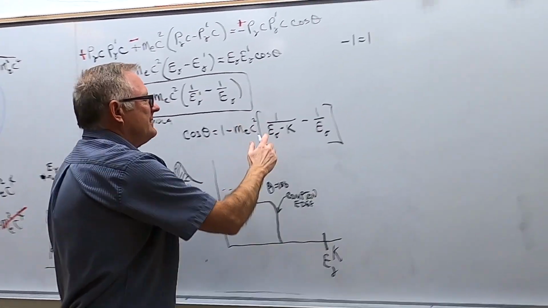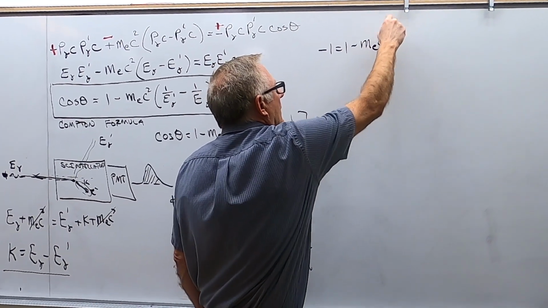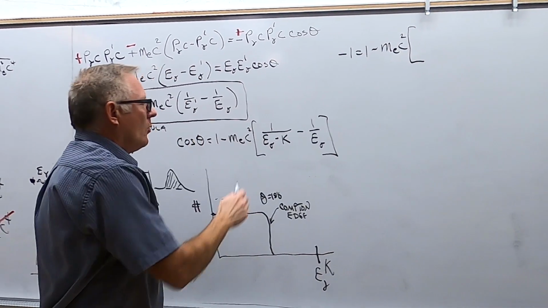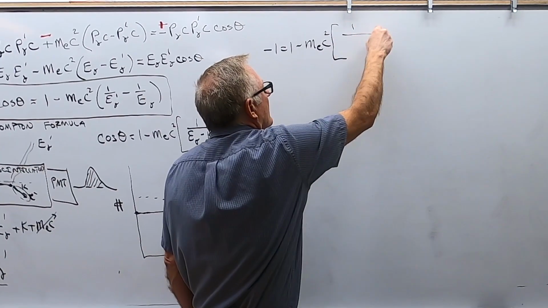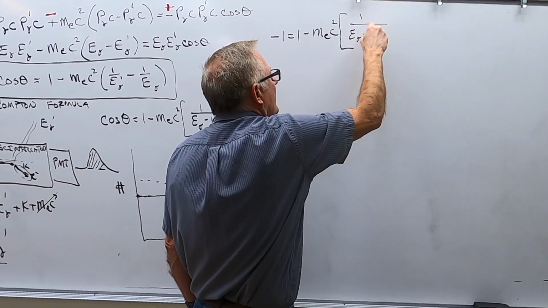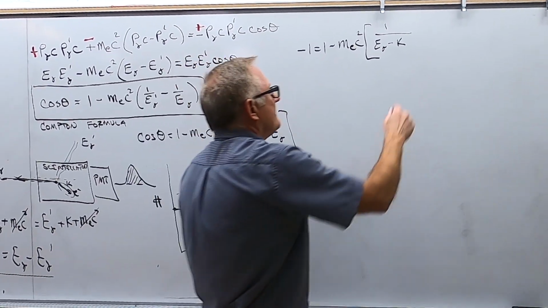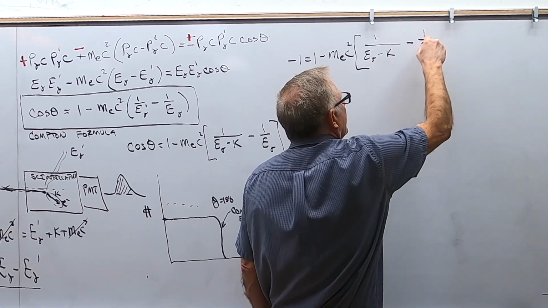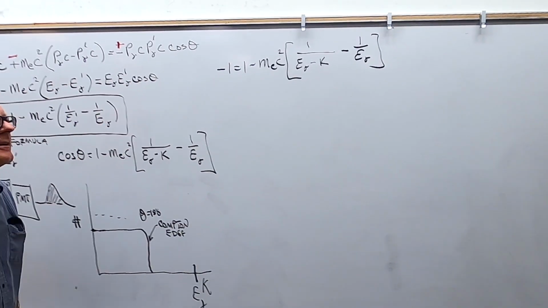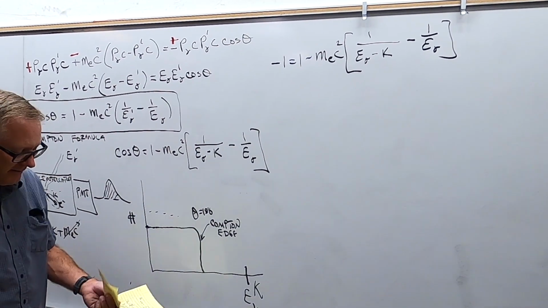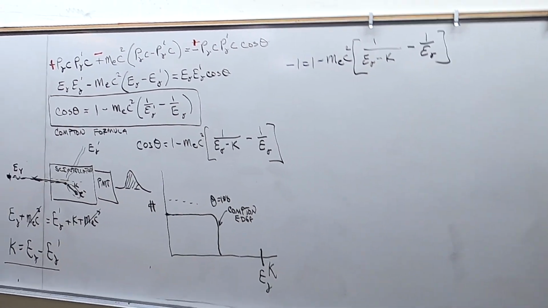Minus m sub e c squared, 1 over E gamma minus K, 1 all over E gamma minus K, minus E gamma, 1 over E gamma. Well, if I want to solve for K here, I guess I better get a common denominator. So if we put in our common denominator,